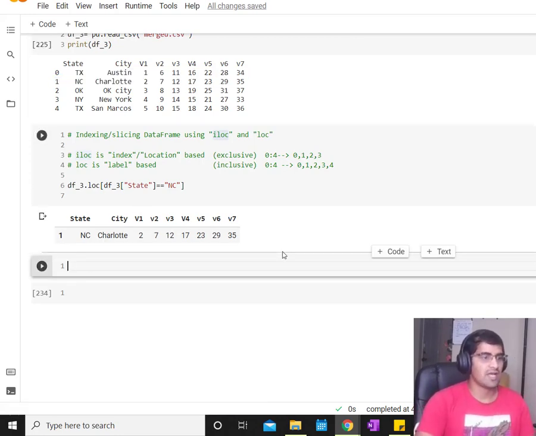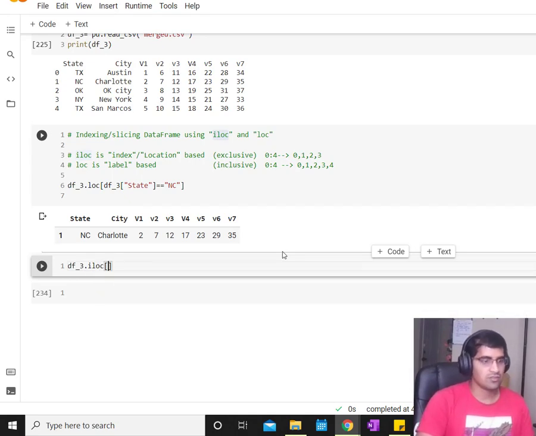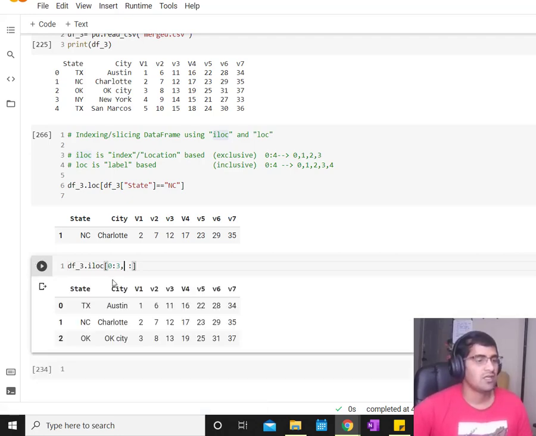I have to use the iloc command. So df_3 dot iloc, and then here 0 row to 3. Then press comma and then colon. Colon indicates all the columns. So this section indicates all the rows, and this section indicates the columns. Press Ctrl Enter. Now you see only the first 3 rows and all the columns have been taken from here.